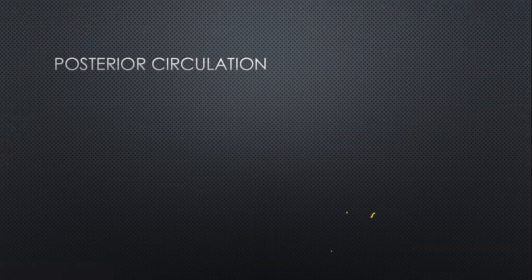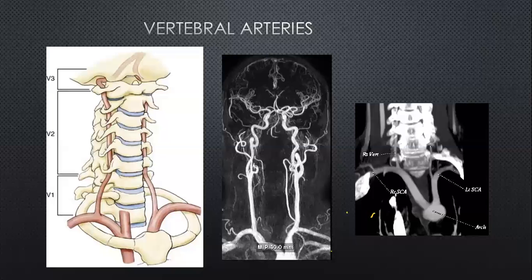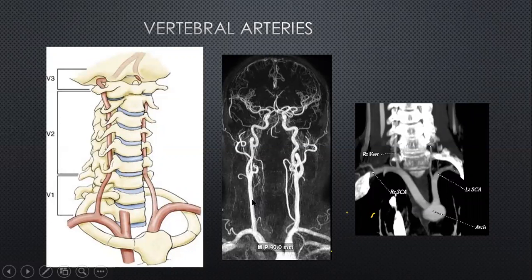So let's look at the posterior circulation now. What are we going to look at in the posterior circulation? Okay, so we're going to look at the vertebral arteries. We're going to look at the basilar artery and of course the branches of each of them. And we have looked at this before on the CTA and on the MRA to look at the origin of these vessels from the neck, which can be elegantly shown, as you see, on this CT angiogram. The left vertebral artery arising from the left subclavian, the right vertebral artery arising from the right subclavian.